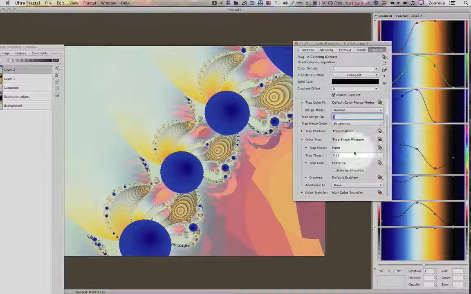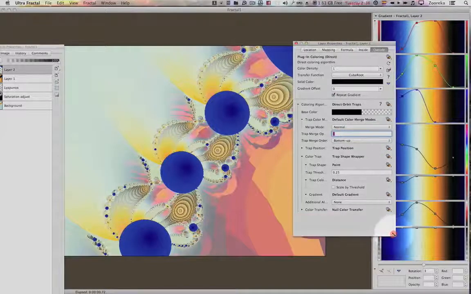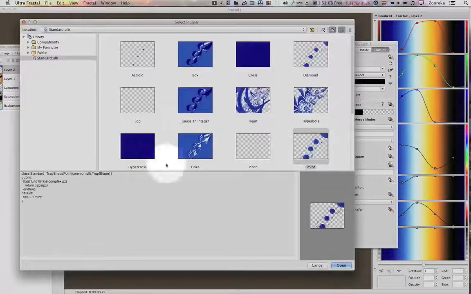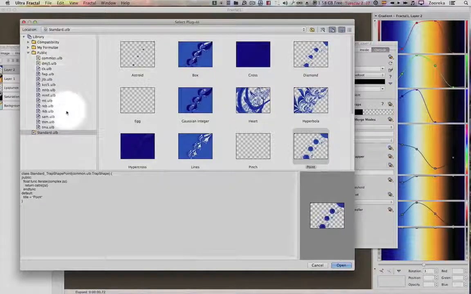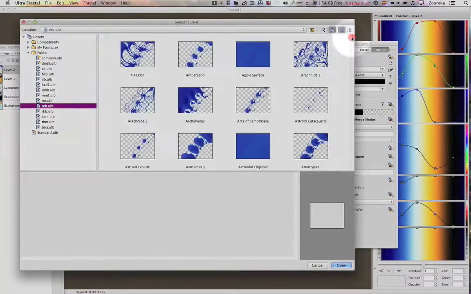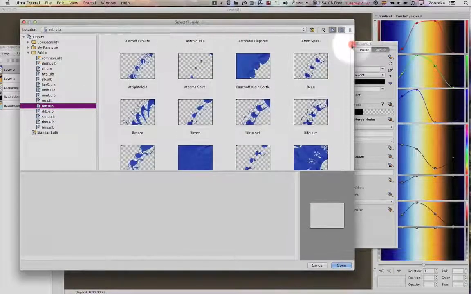Instead of having a drop down list, so I can see icon tiles of the actual flavors and shapes, I want to change the point in trap shape wrapper. Let's click on that to open up the browser. I think it's public. Okay, yeah. What I want is reb, R-E-B. We can go down to